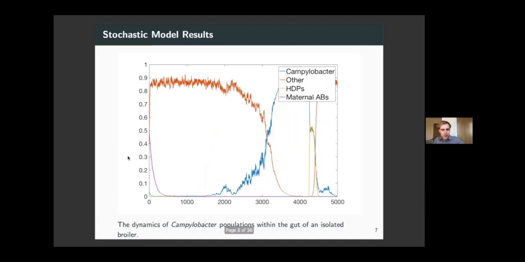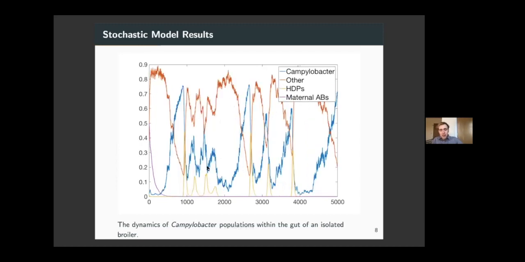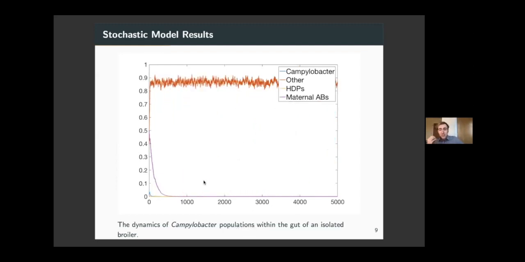So if I press go again, maybe we see a case where after the maternal antibodies wane, that Campylobacter just stays a really low population for a long time until finally building back up in a huge way a lot later. Maybe if we press go again, we can see some cases where instead it has these huge jumps for a long time. The chicken itself can't respond in a uniform manner to challenge. We see some really quite extreme spikes in Campylobacter. And of course, most importantly of all, when we press go again, we might see cases where Campylobacter doesn't take off at all, with those maternal antibodies just knocking it out completely.